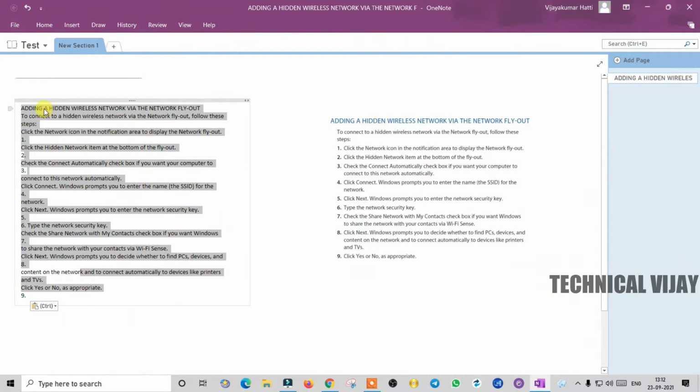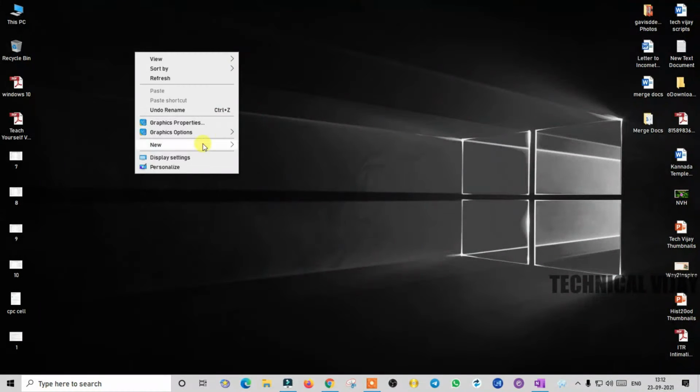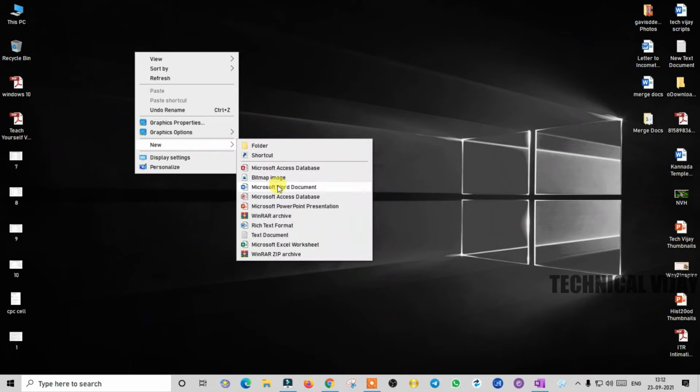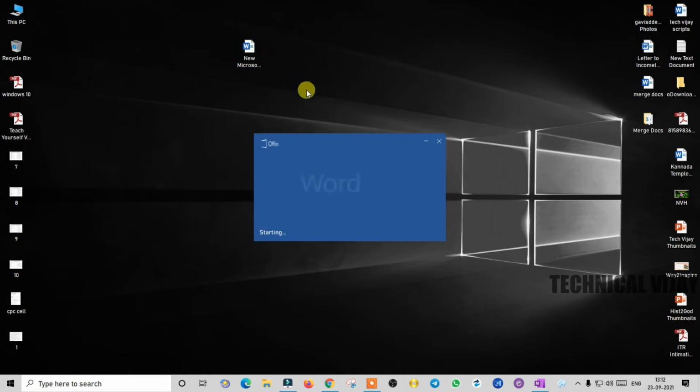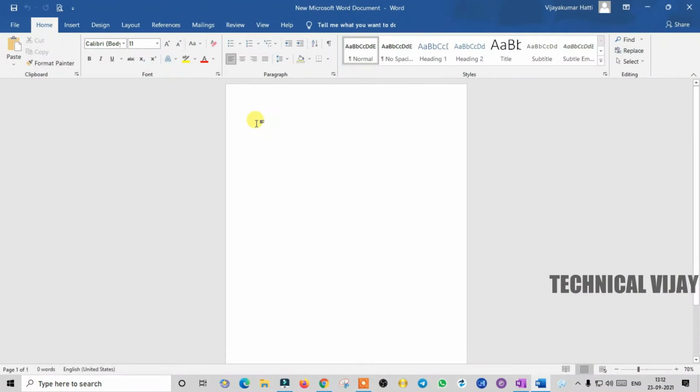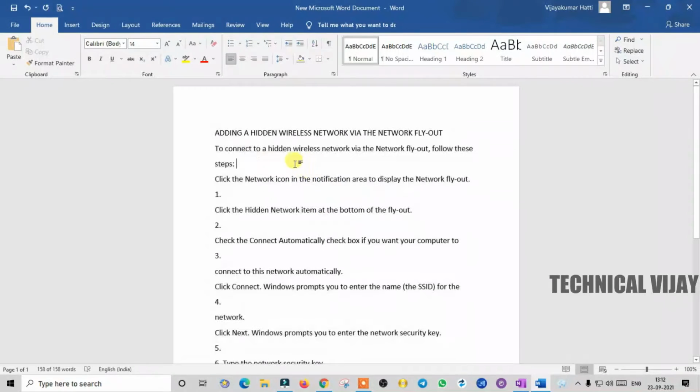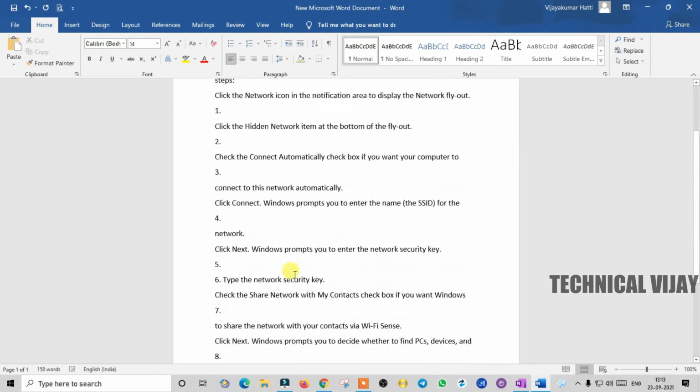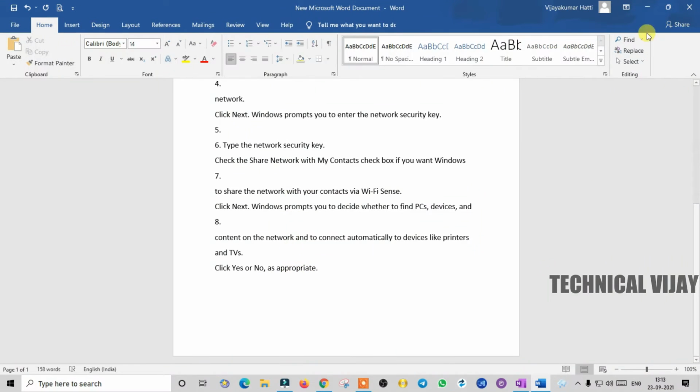After that you can copy it and paste it into any text editor like Microsoft Word. I will create a Microsoft Word file here and paste it. In this way we can copy the content from a picture file as text, and then add to and edit the data. So this is one method.